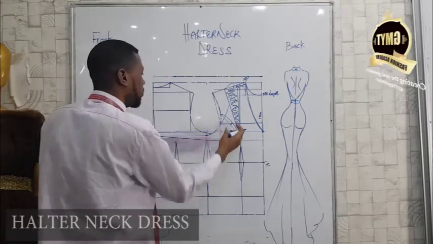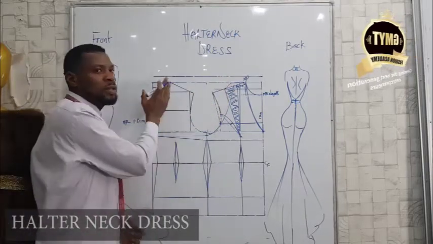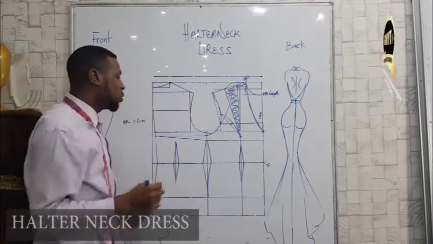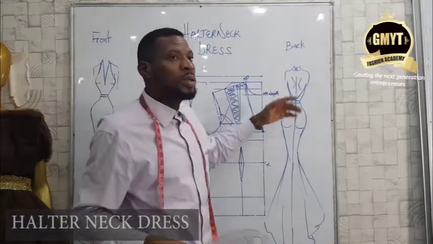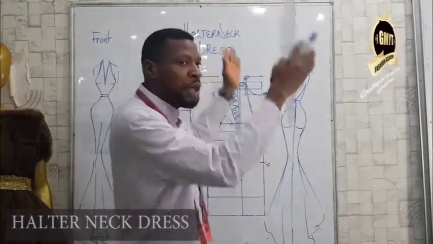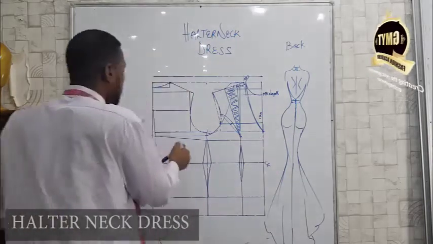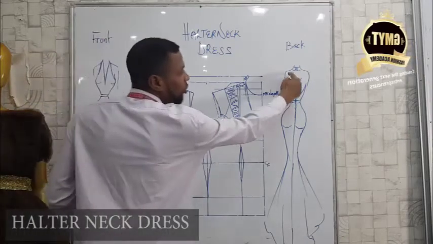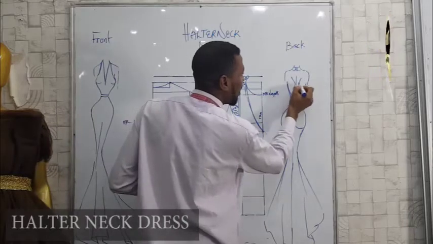So I have this now. You can see I have this. So that shows that all of this part is taken off. Now, one thing you should also understand is this. Not all halter dresses actually have a straight back. Some of them have this kind of shaped curved V at the back. And you can still achieve the same thing here. So if you want this kind of shaped V, what I did here is just like having this now